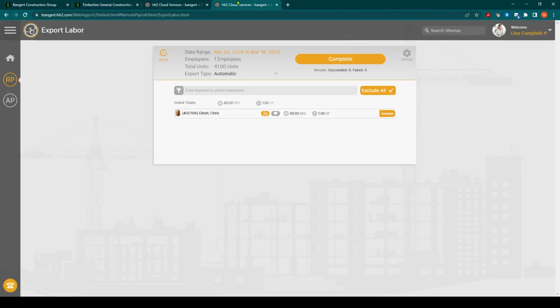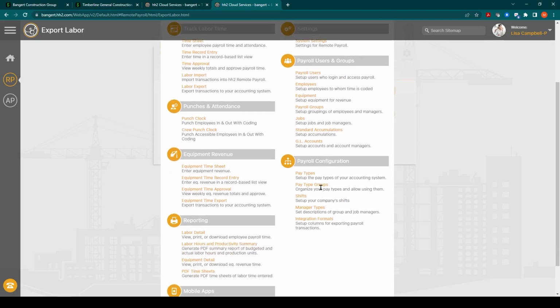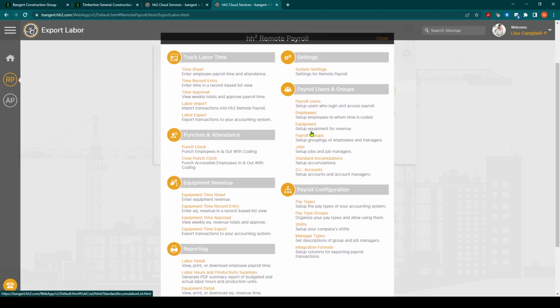If we go back into the HH2 software, just to show you some other functions inside the software, we mentioned the crews. So what you can do is, depending on how you enter time, in some cases you may have a superintendent or a project manager entering time for his or her group of employees, for example.